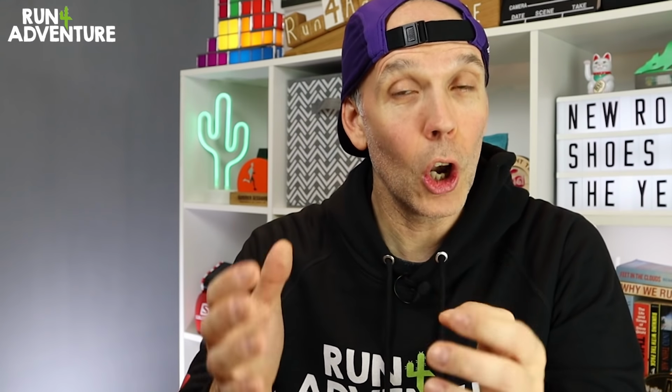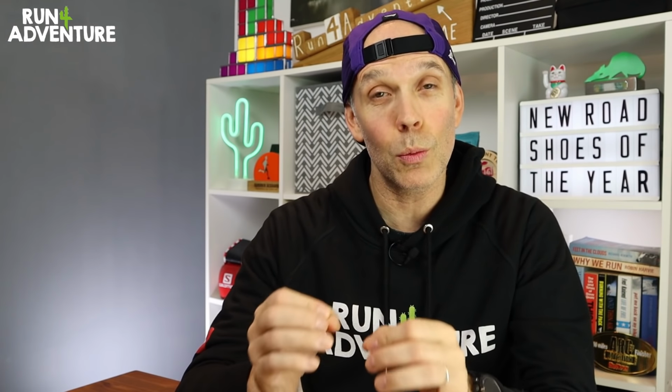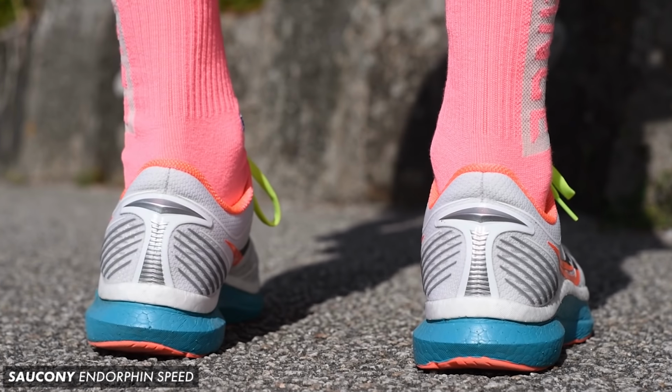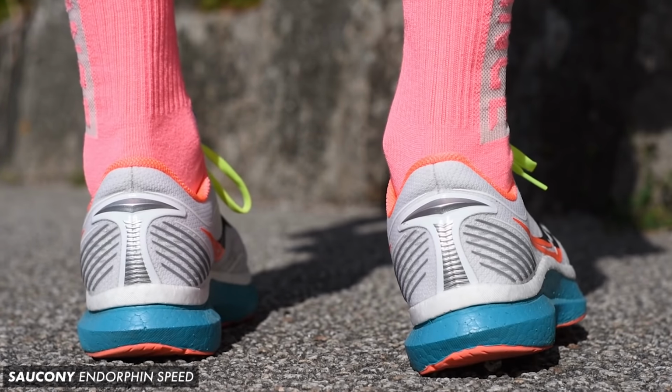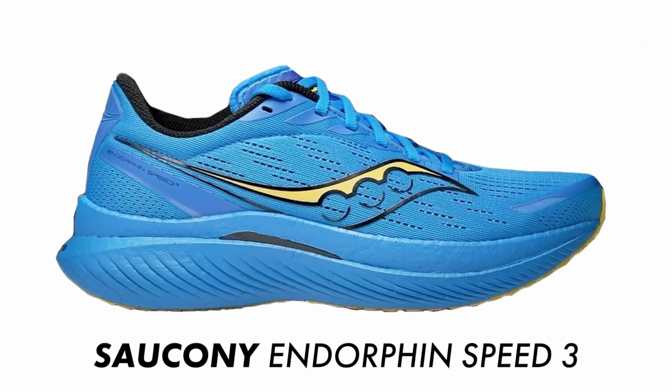This should offer the runner a lot more medial and lateral support and a bit more guidance and stability if you did want to use the Speed 3 as your daily trainer. It should make that midsole a lot more stable underfoot when you compare it to the current platform on the Endorphin Speed 2. I am glad to say that the speed roll technology is still present in the shoe,